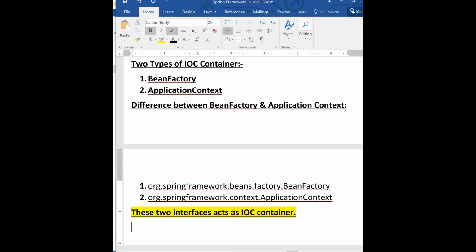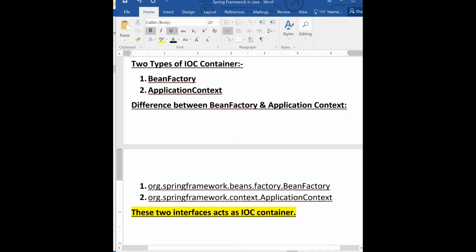Some application layer contexts are added, like WebApplicationContext for web applications. These things are in ApplicationContext rather than in BeanFactory. So if we have to implement an application, it is better to use ApplicationContext than BeanFactory. How will we do that?